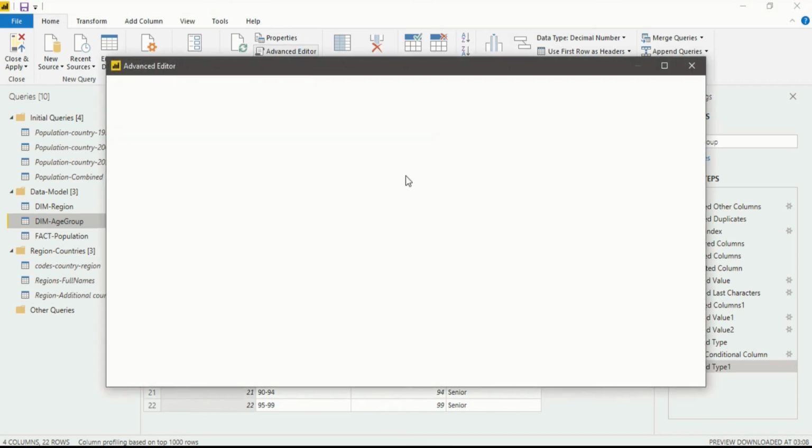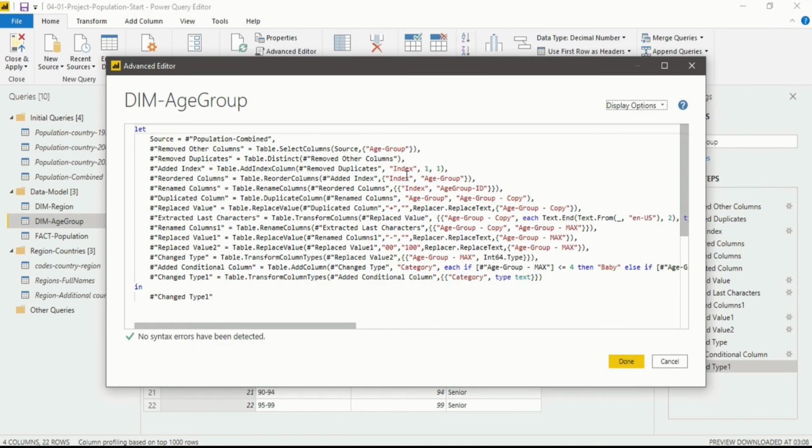When I click on it, one dialog box opens up and looks like this. So this is the coding that has been done in our dataset without me knowing, because Power Query Editor has already done this coding for me. I haven't done any coding. I have just used the basic things that are available in the ribbon of Power Query Editor. But behind all of this, M language is actually working. So this is M language. In here, if you want to edit anything, you can do that.